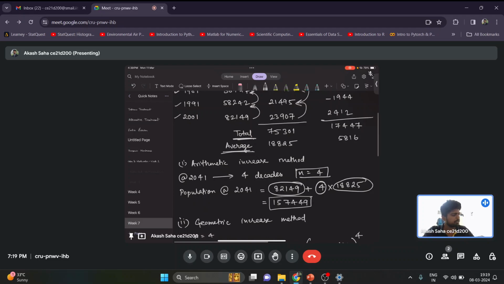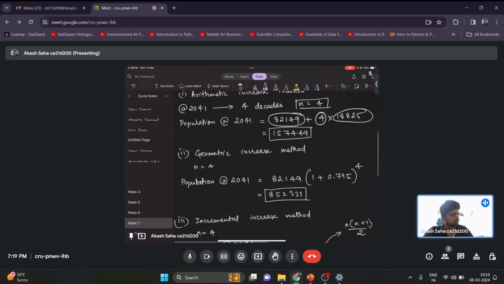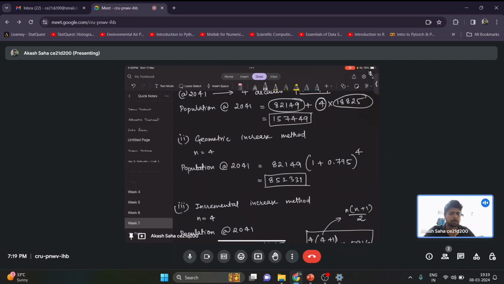Whereas in the case of geometric increase, we will find out the percentage change. So the percentage change for this term will be 6400. Like that, we will find out the percentage change and then the geometric average. And then with the help of the compound interest formula, the last term population plus this value, which is the R,